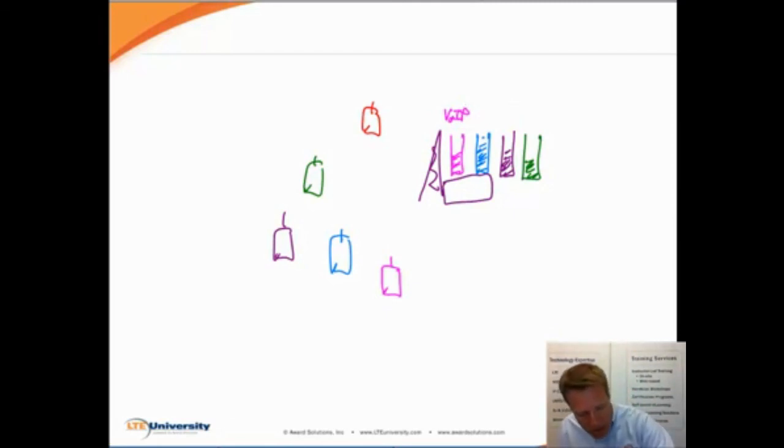Maybe this blue user is doing web traffic, and for web traffic, we're not so concerned about delay, but if somebody clicks on a link, we want to feed them as much of that web page as we can, as quick as possible, so it's a nice experience for them. So it's very bursty, it requires high bandwidth, but not so delay sensitive, and doesn't have to be regularly scheduled.